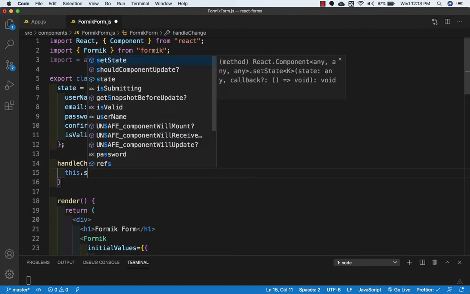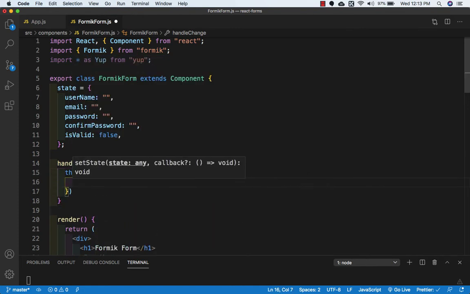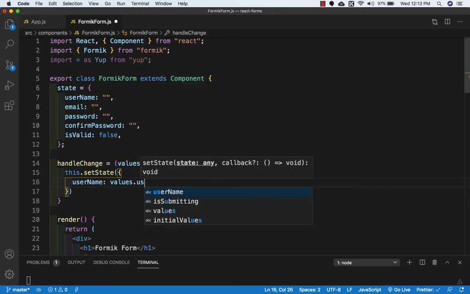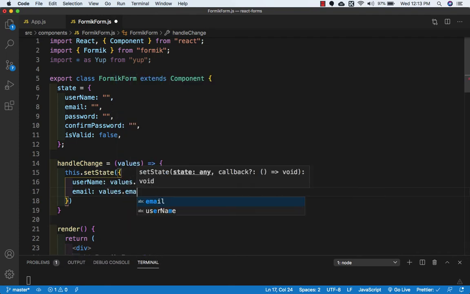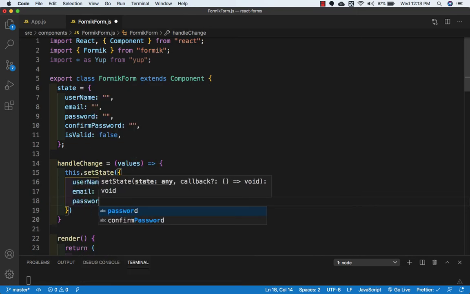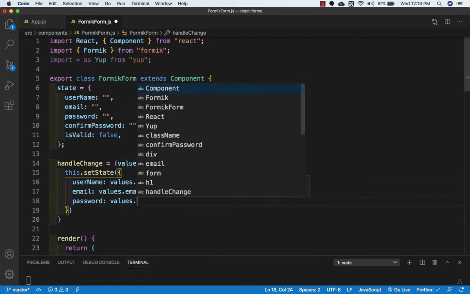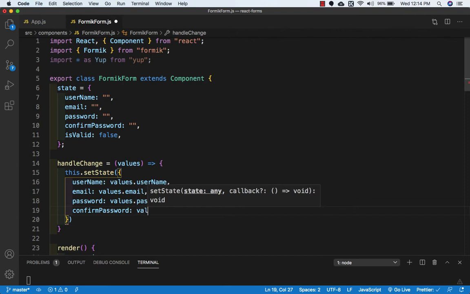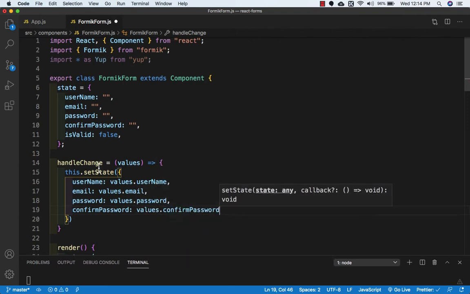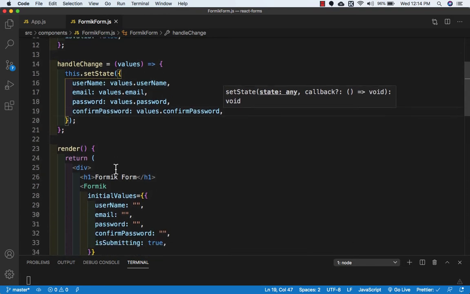So this.setState, and inside this we will take values from our input and change it with the state. So first one is username, which is equal to values.username. Then email, so values.email. Then we have password, values.password. Then confirmPassword, which is equal to values.confirmPassword. Okay, let's save this. And then in our form,